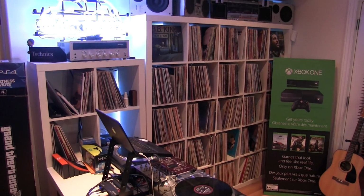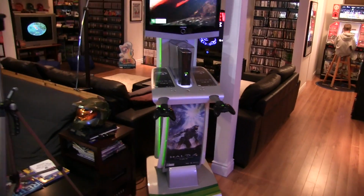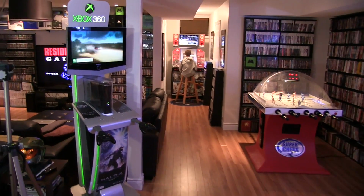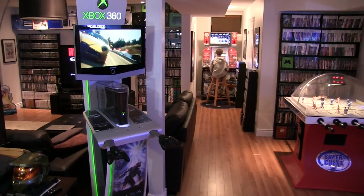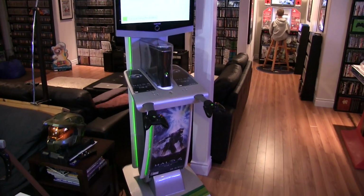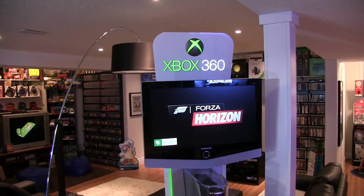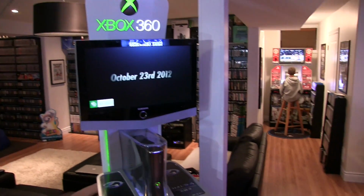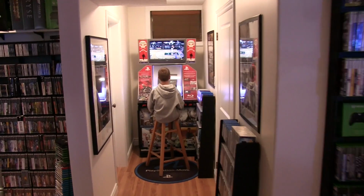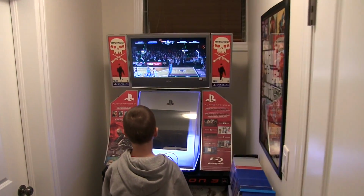So next up, we will swing behind me here. Here's another thing that I found dumpster diving, the Xbox 360 demo kiosk. Very cool piece to have. Really happy, I really enjoy the lighting on this. It's a great piece for the game room. And just down the hall from that is a PS3 kiosk. You can see my nephews here playing